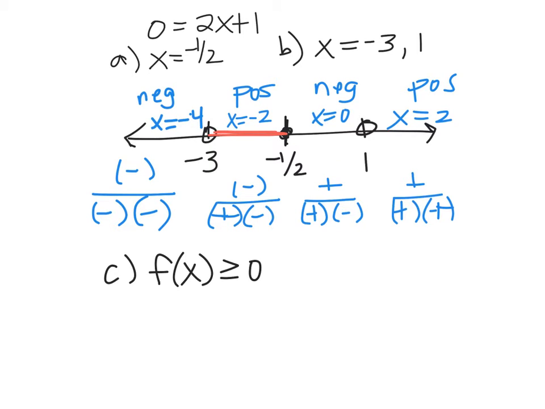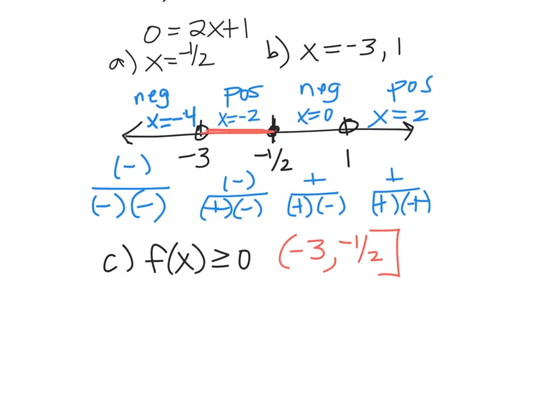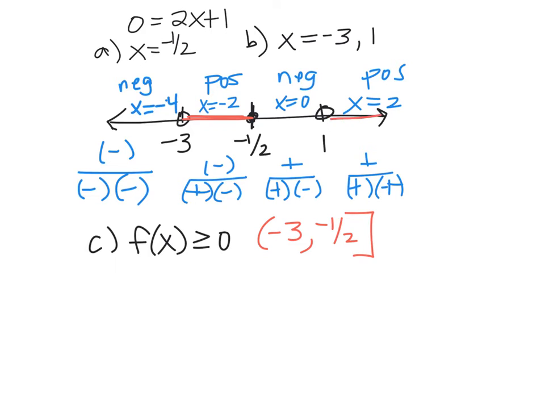So I'm going to say from -3 to -1/2 bracket. Don't include -3. It's an undefined value of x. And then it's also positive from